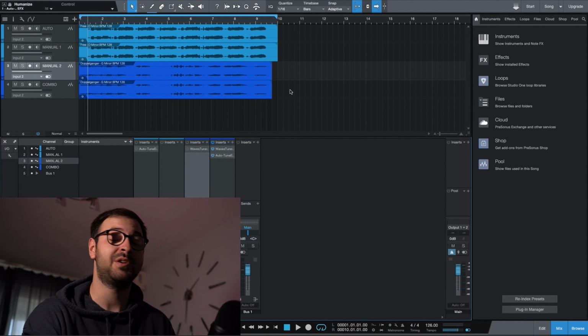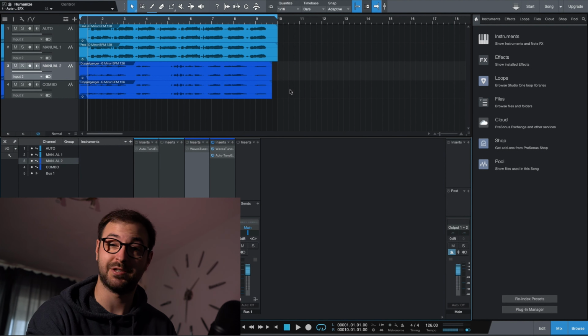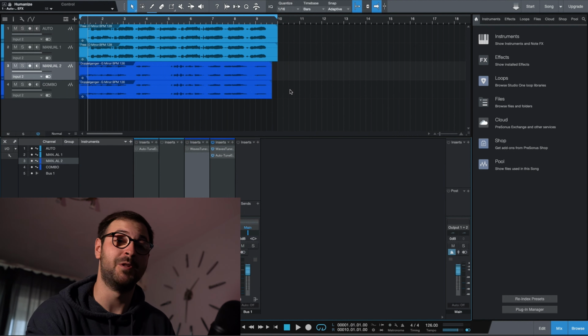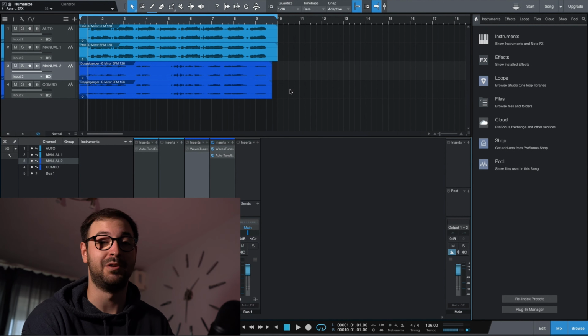And now let's head to our project. So at the beginning you heard me saying pitch correction. Well, that's the process behind autotune. That's what autotune does basically. It happens that autotune is the most popular one, but in the past decades more companies came with their own plugins capable of doing that.